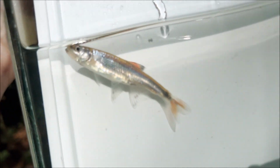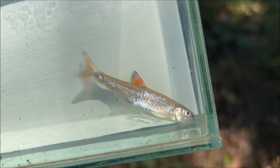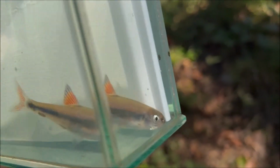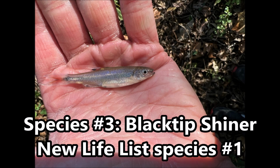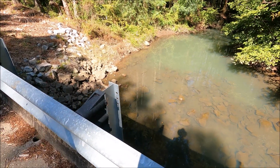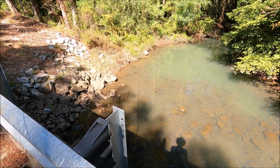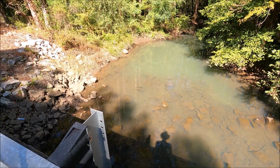Oh, that's so cool. So I flipped it around to get the other side. Like that. Okay, there you go. Oh, just a gorgeous fish. The blacktip in hand. I skipped all of my blacktip spots. Now, the next portion of the day will be devoted to trying to get bluenose shiner in lower